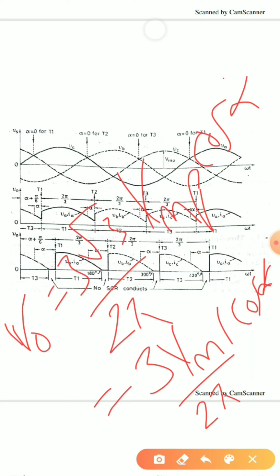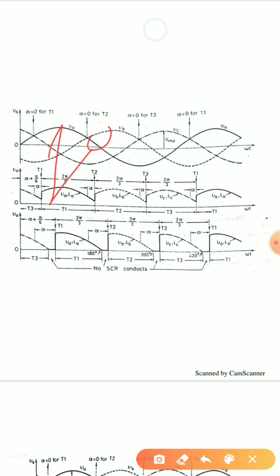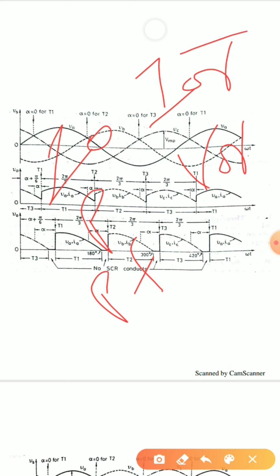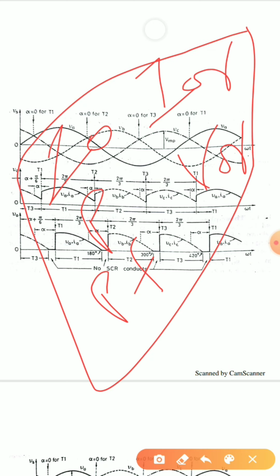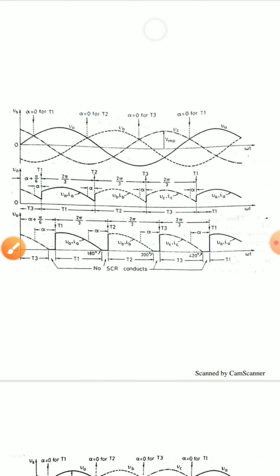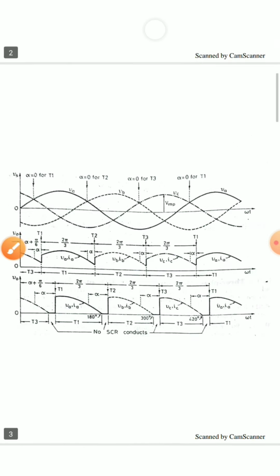Now similarly, we'll get the same expression for alpha greater than 30 degree also. As we have discussed in the previous converter classes, that is for single phase full wave, half wave and semi converters, we clearly know how to find out I naught, how to find out power, power factor, IOR, VOR and all these things. So just look at the hints for that and we can directly make out how all the other expressions we can get. Now moving further, this was discussed for R load.